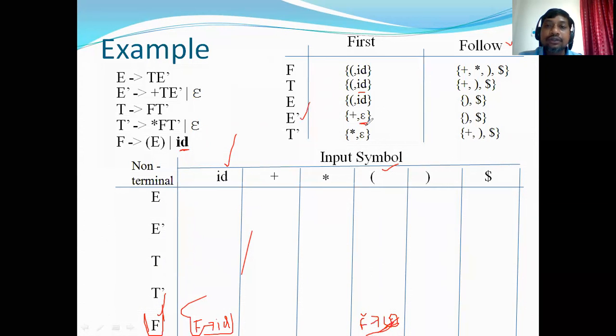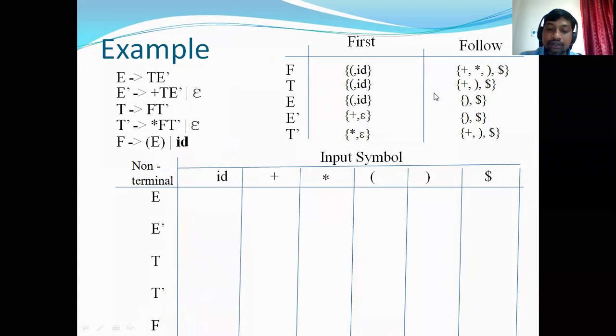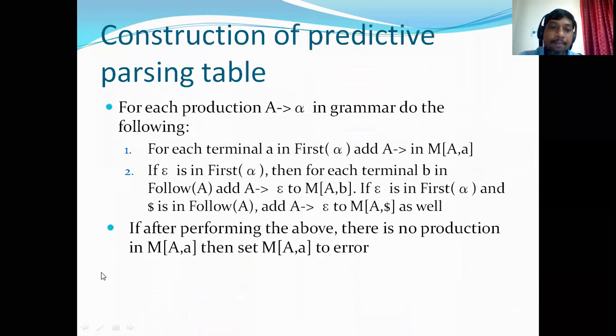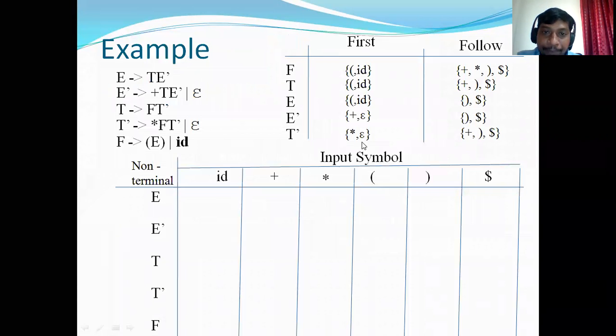If you look at the steps of the parser construction procedure, the second rule states that if epsilon is in first of alpha, then for each terminal b in follow of A, add the null production. Here we have E dash, and E dash contains epsilon.